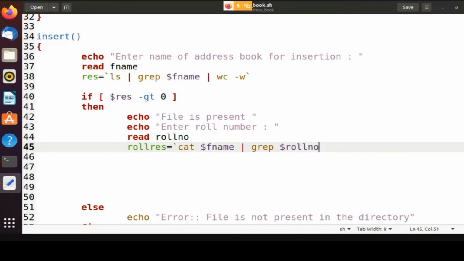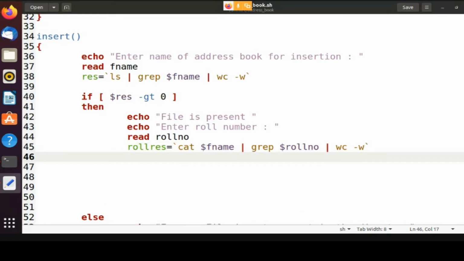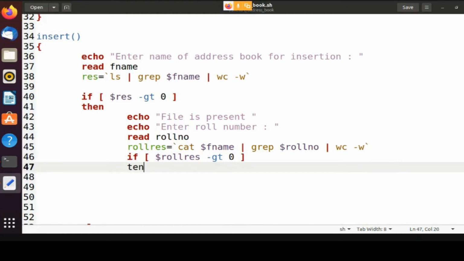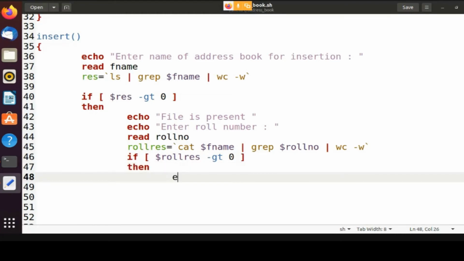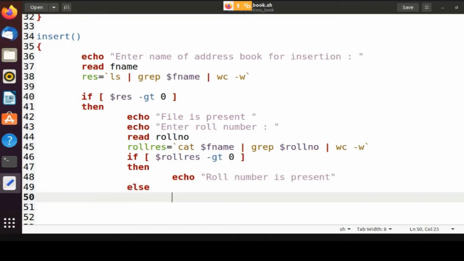If it has the roll number, and you use wc minus w because it gives an integer value, you can say if dollar roll res is greater than 0, then echo roll number is present, else echo roll number is not present.